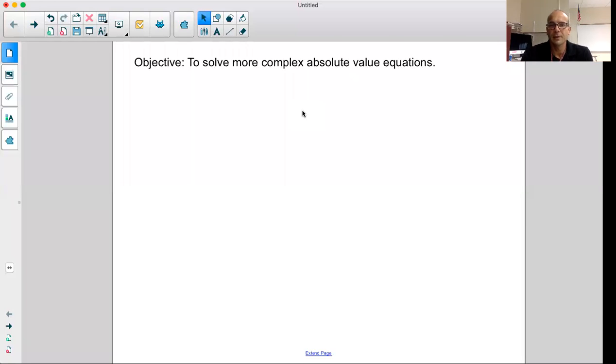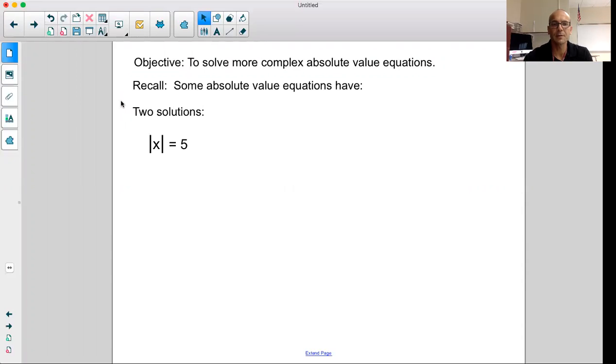The purpose of this video is to help us to solve more complex absolute value equations. Give you a quick reminder of some of the things that we had seen earlier. First of all, we've learned that absolute value equations might have two solutions to them, and here's an example of